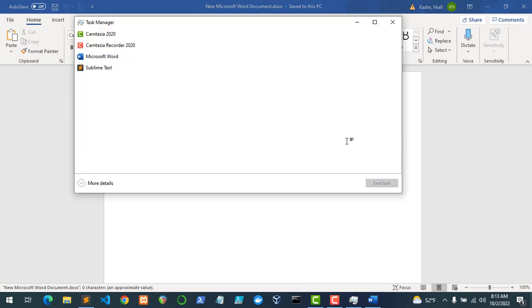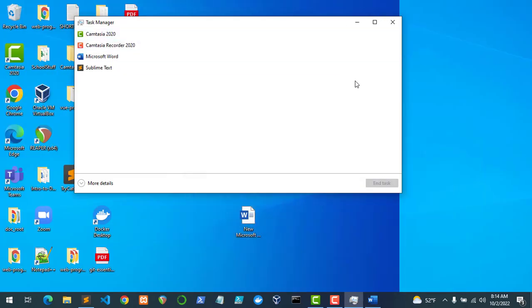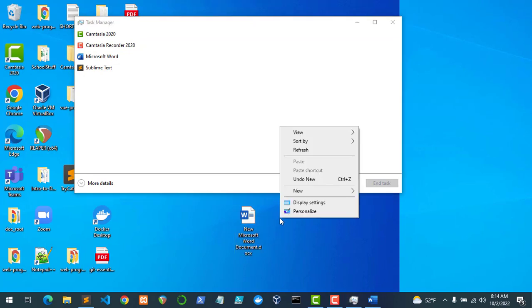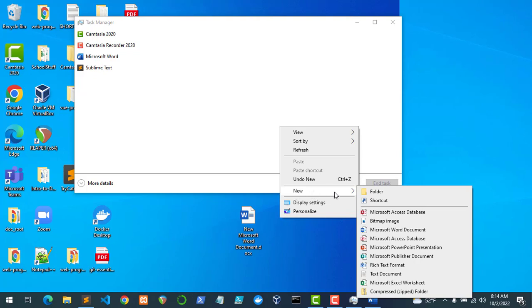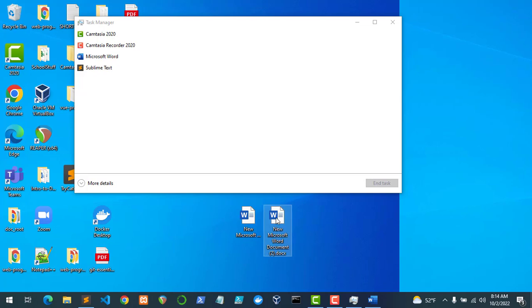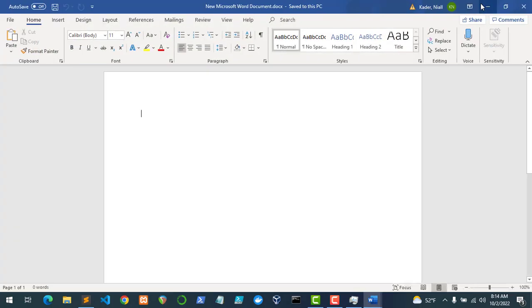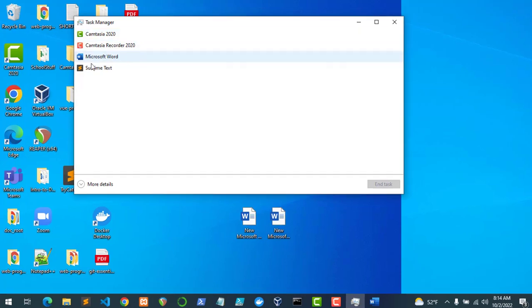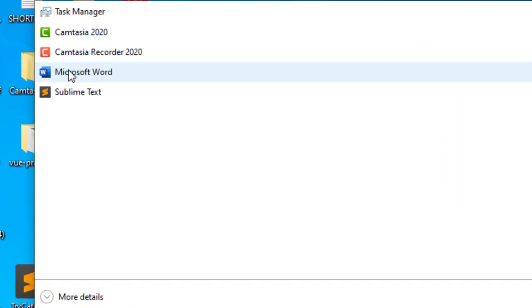I'm going to Alt Tab back to Task Manager, and there I can see that Word is running. Okay, now let's go ahead. I'm going to minimize my Word document right here so I can see my desktop. Let's go ahead and open another one here. So I'm going to right click on the desktop somewhere and choose New Word Document, and then create another one, and then I'll open it. Okay, and I'll minimize that, and I'll minimize the other one, and it still shows that we just have one instance of Word going. But if we go into the details here,